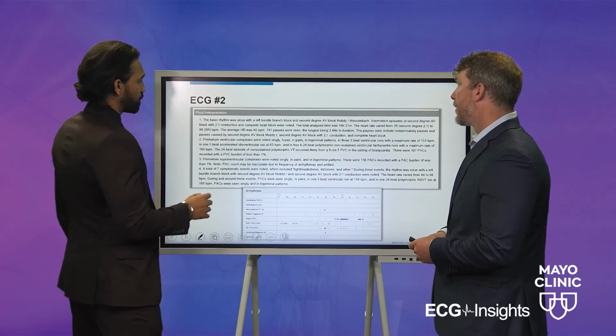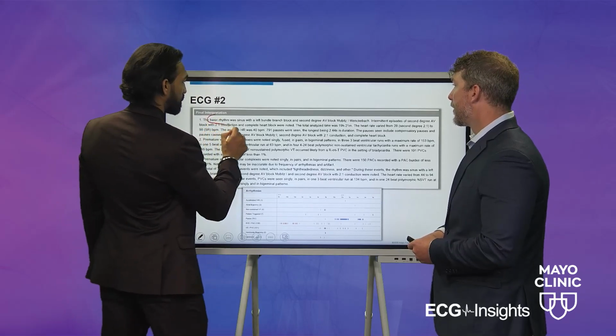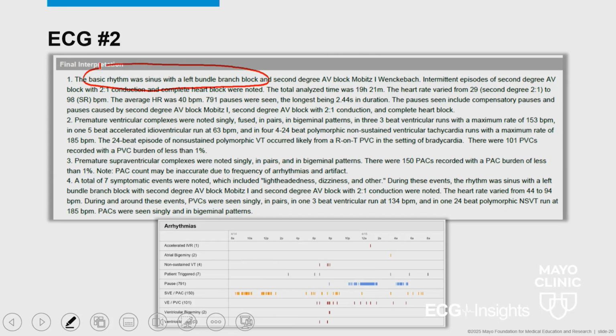The key things I focus on: I look at the basic rhythm, so I'm going to see what they're doing for the most part. They already have some conduction disease because they have an underlying left bundle branch block. And then we see second degree Mobitz type 1. If we just saw this, it wouldn't be as concerning because, like I said, this is an AV node level of block. But this block in the left bundle is below the AV node, so that's infrahisian. So this patient likely has a multi-level block, and you can gather that just from the first line.